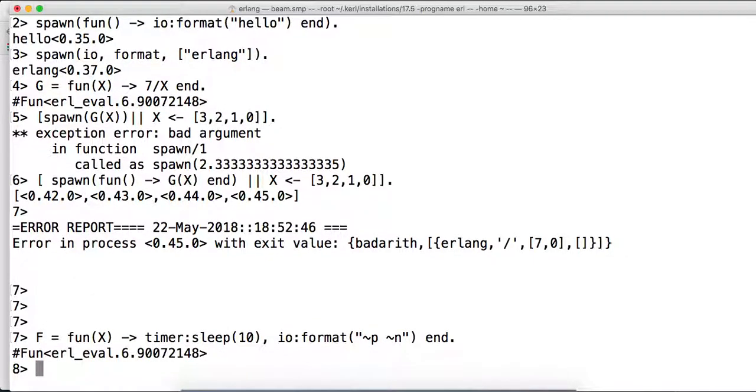Okay, so we have a function. So let's now try, quite similarly,